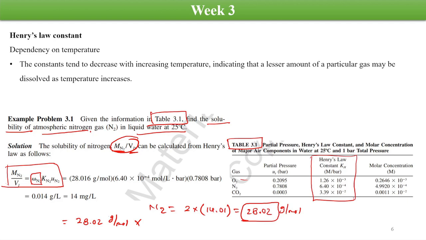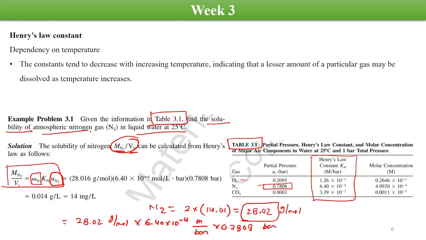So here, CO2 is more soluble than nitrogen, and oxygen is also more soluble than nitrogen. Fine. So we multiply the Henry's constant for nitrogen, which is 6.40 into 10 to the power minus 4, the unit is mole per bar. And then we multiply by the partial pressure in bar only. The partial pressure for nitrogen is given as